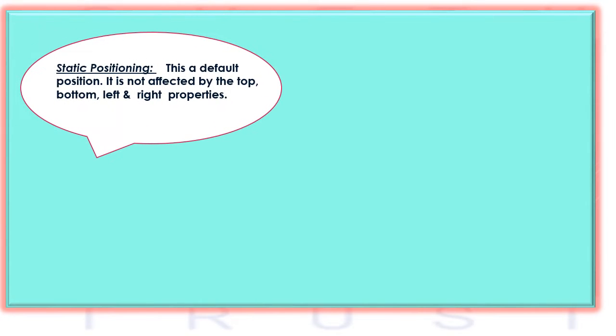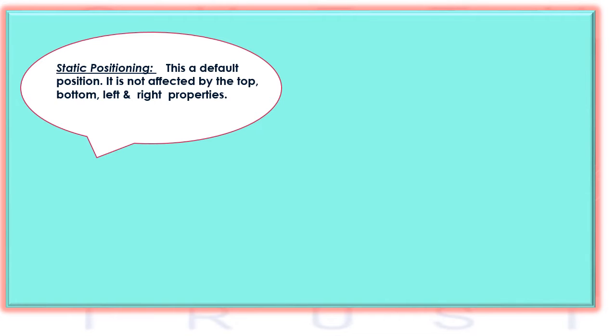Okay students, now we are coming one by one to the positioning. First is static positioning. What do you mean by static positioning? The word static itself means it is placed on the screen. By default the element is placed on the web page.